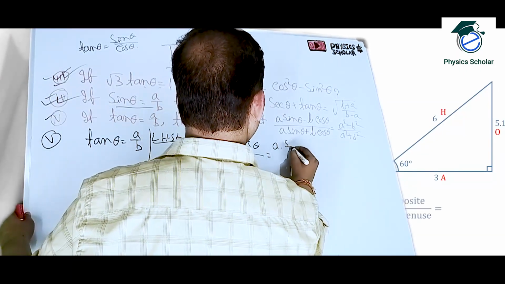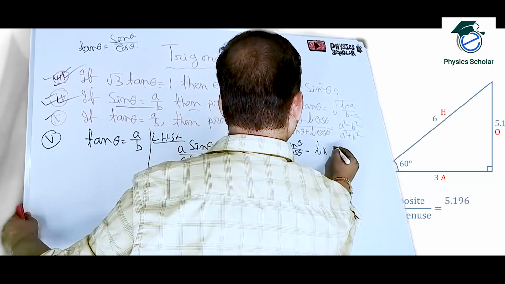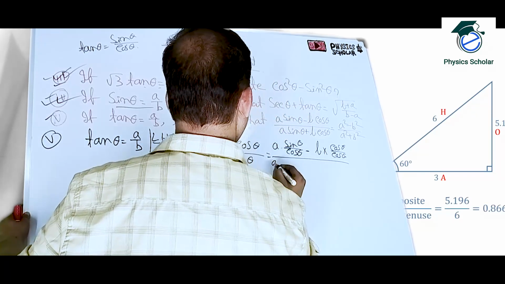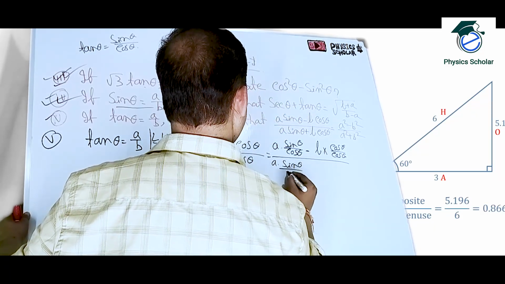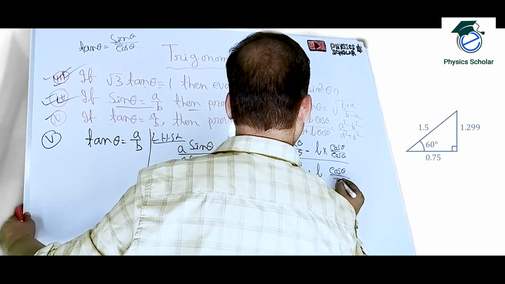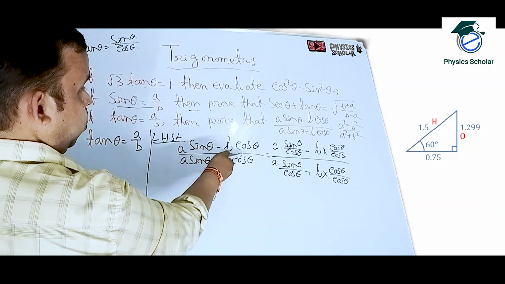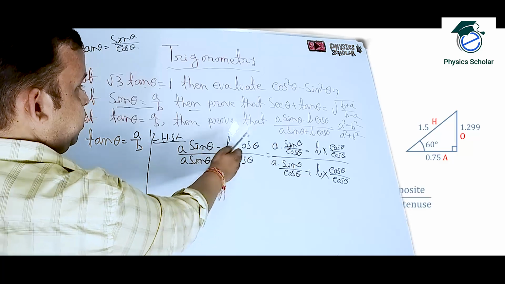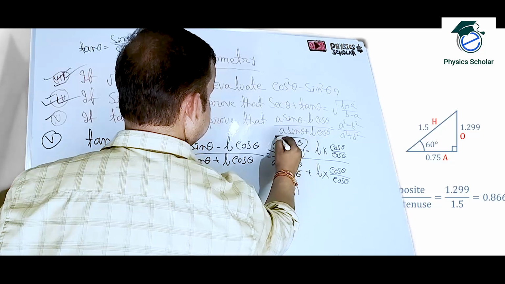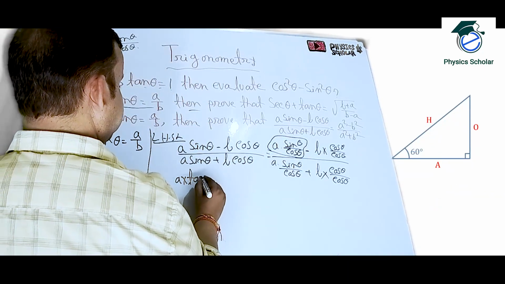So a into sin theta by cos theta minus b into cos theta by cos theta, whole divided by a into sin theta by cos theta plus b into cos theta by cos theta. So see, I am dividing each and every term of the numerator and denominator by cos theta. So here, sin theta by cos theta means tan theta. So a into tan theta